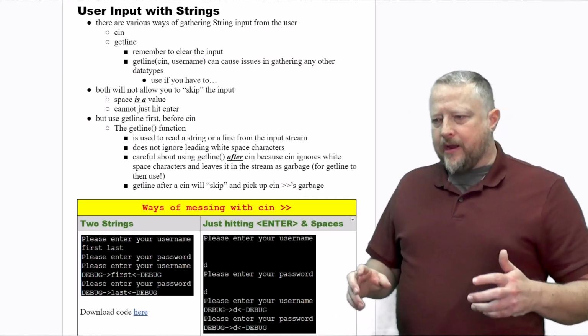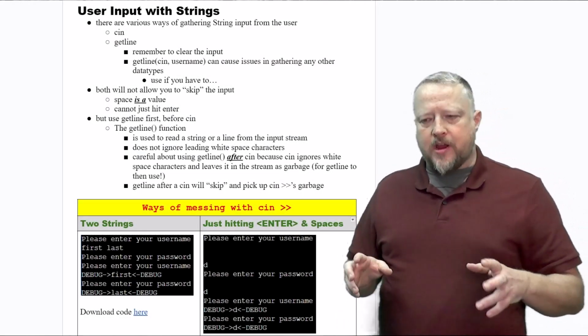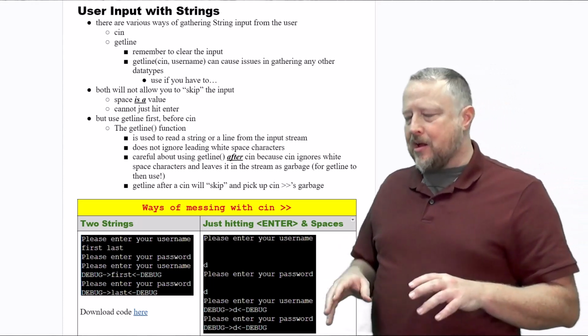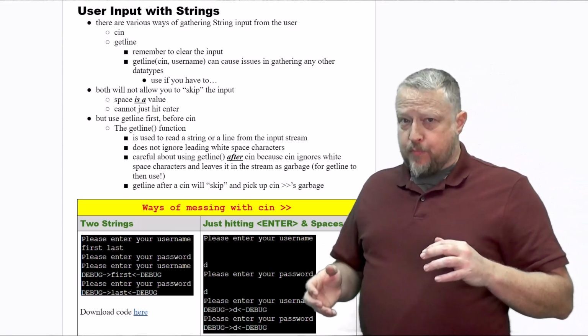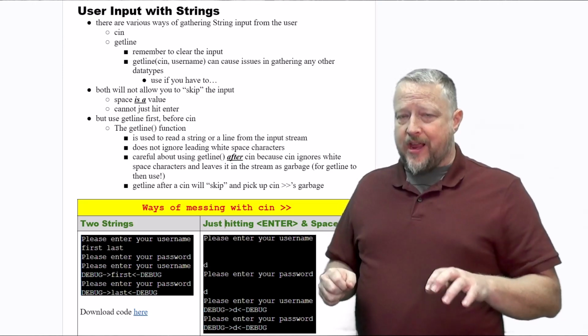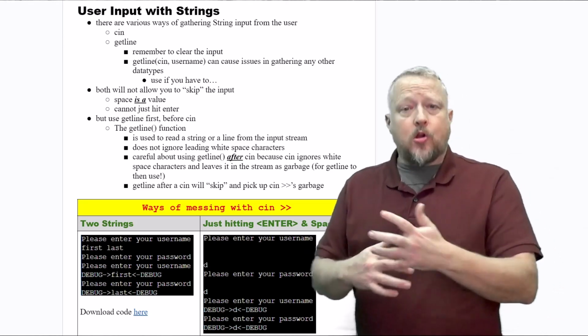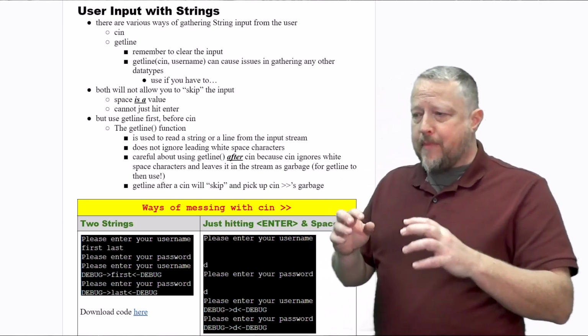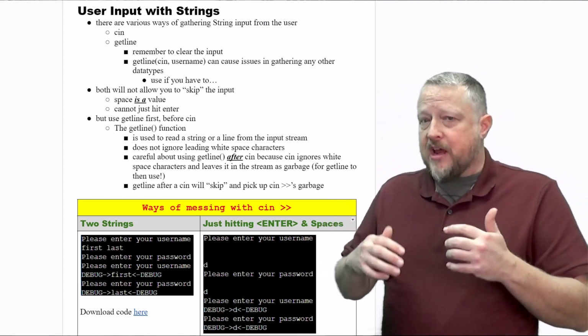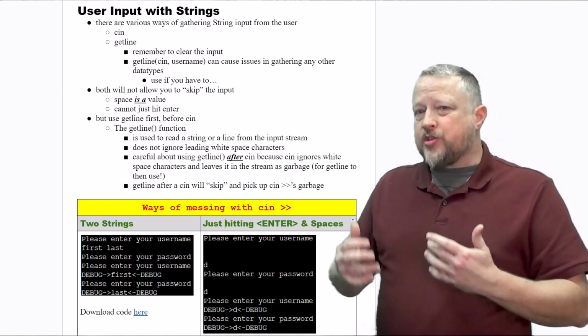Here's another interesting caveat while working with cin and getline. They both do very different things, and because of how they interact, they could actually hurt one another. So there is a madness to the method here that you have to actually think about when you're designing your